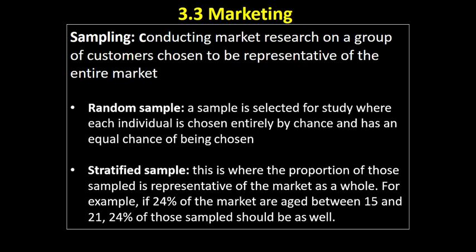So if you've got the customer profiles on the database, you may decide that you're going to conduct 200 surveys, and you would send 48 out, 24% of 200, to customers aged between 15 and 21. And therefore, the results that you get back should be more representative of the target market than